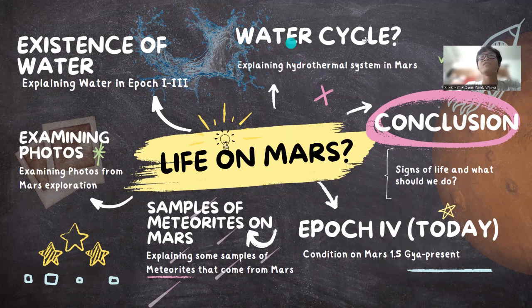But what about the water cycle on Mars? In this case, there are volcanic activities on Mars that make the water cycle quite impossible, because the water is evaporated and some of the ice on Mars melts instantly. So there is actually no water cycle on Mars, but there are still some waters inside the Martian surface. So there's quite an indication of life below the surface, but we don't actually know until now.